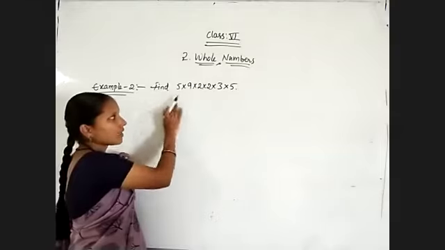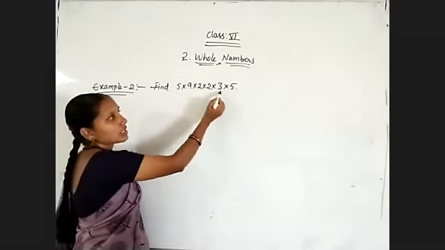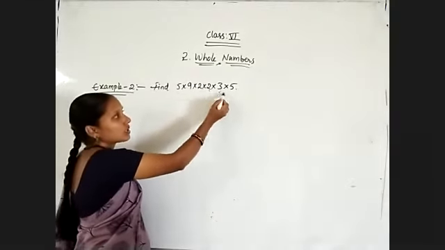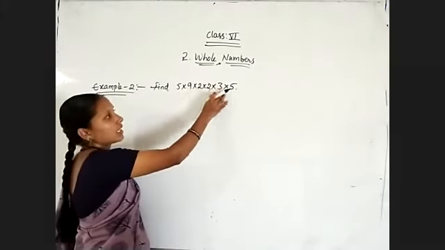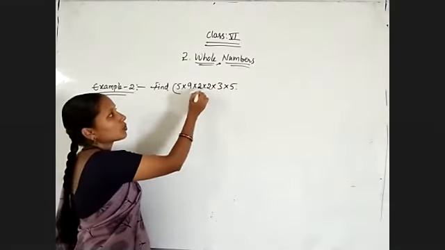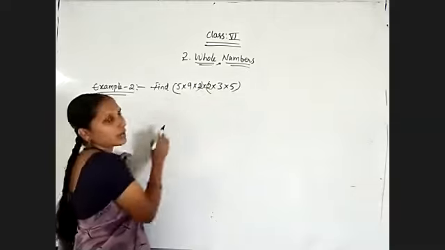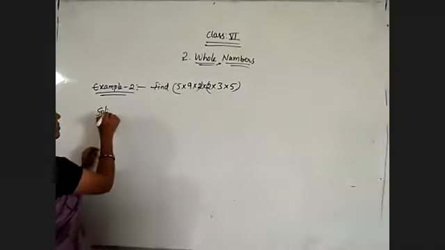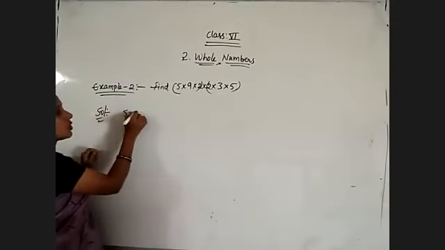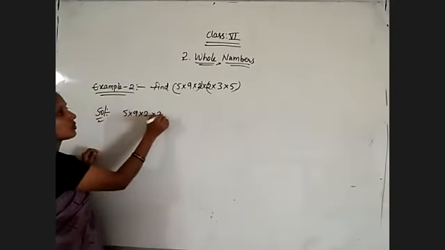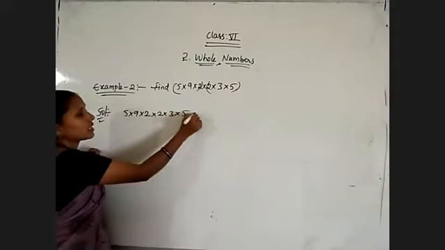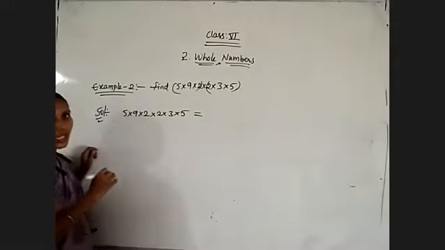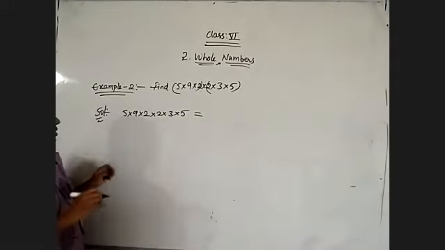In the same way, if I am making these two numbers, there is no use. So this number this side and this number here. So here I am using two pairs. This is one pair, this is one. Now first of all, 5 into 9 into 2 into 3 into 3 into 5 is equal. This is the given question here. No bracket is given in the question.